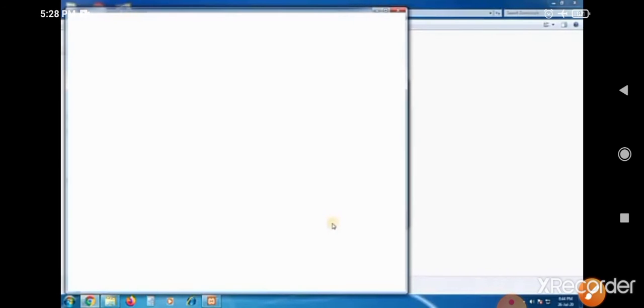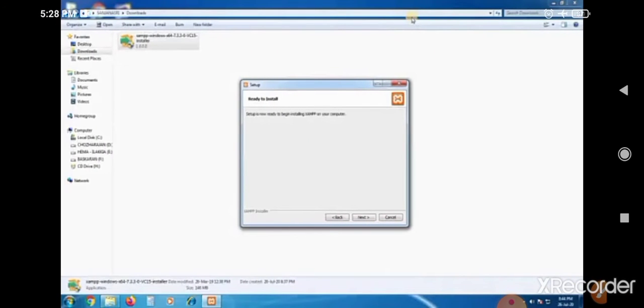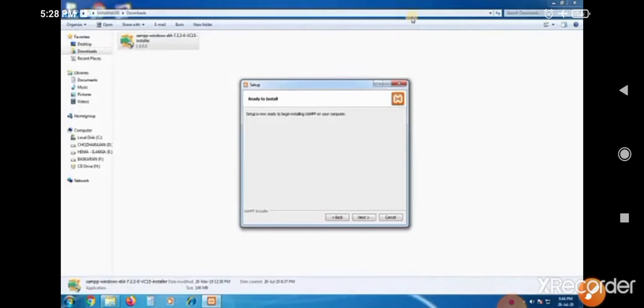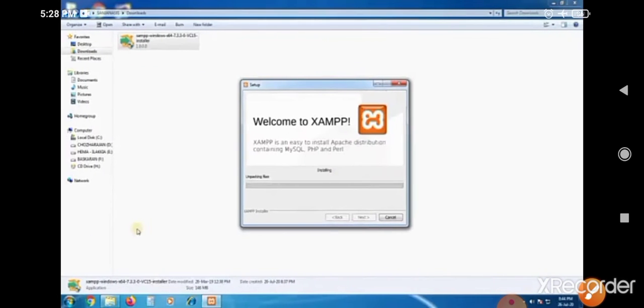After that, the page will be loaded. We can see the ready to install page. Here we can just click the next button. After that, the installation process should be started. It should take some more time to install.